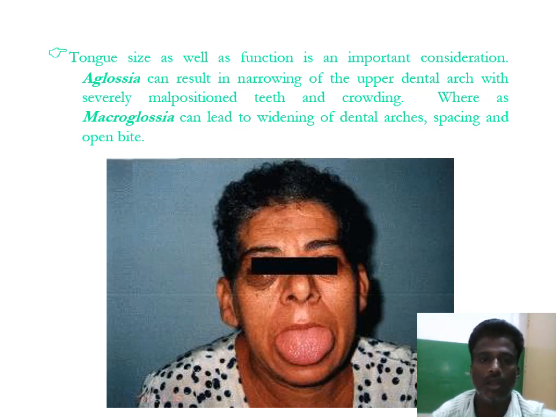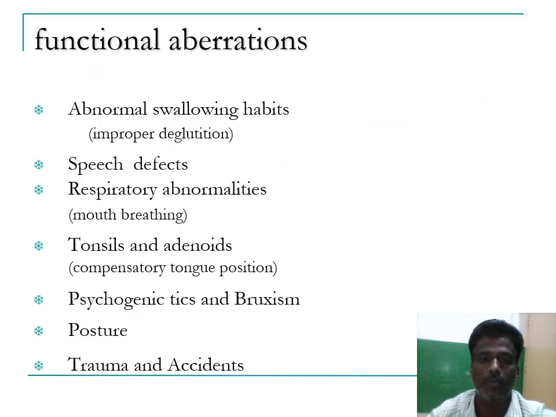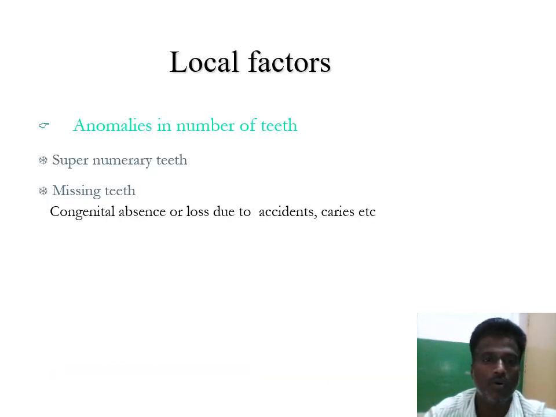Aglossia may lead to narrow arch and crowding. Macroglossia can lead to widening of the dental arch, spacing and open bite. Functional aberrations: abnormal swallowing habits, improper deglutition, speech defects, respiratory abnormalities, mouth breathing, tonsils and adenoids, psychotic habits and bruxism, posture, trauma and accidents. Local factors: anomalies in number of teeth, supernumerary teeth, missing teeth, congenital absence, or loss due to